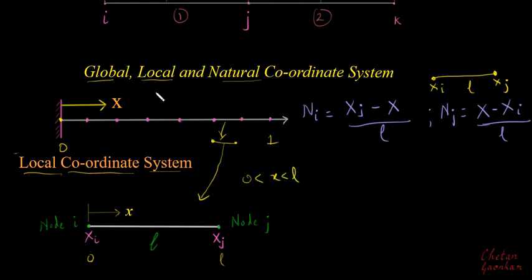And we are looking at this different coordinate system because it makes our integration easier, and we will see that we have to do a lot of integration in deriving the properties of these elements in finite element method. In that procedure, if we shift from global to local coordinate system or local to natural coordinate system, it makes our integration pretty easy. So once we switch from global to local coordinate system, our x will vary from 0 to L, whereas in case of the global coordinate system, capital X varies over the domain.